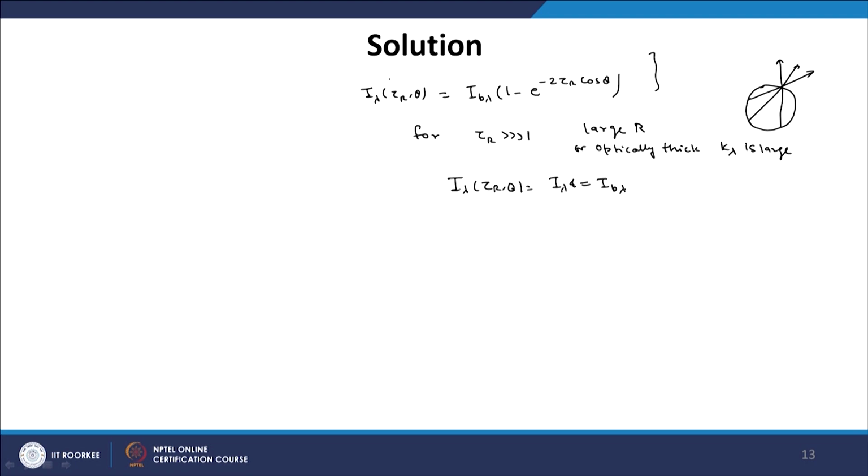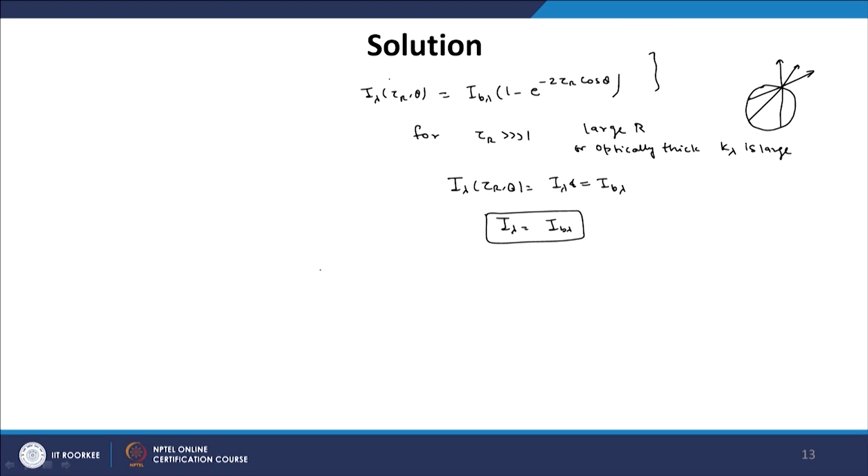So, for optically thick spheres or any medium, it applies to any medium. It could be a sphere, it could be a rectangle, it could be a cube. For any optically thick medium, the intensity does not depend on direction and it does not depend on the absorption coefficient. So, it is independent of kappa as well as theta, and the intensity is simply equal to the black body intensity, and that is what we have in the case of the sun. The sun is a very large sphere and the intensity coming out of the sun is black body intensity, and we have basically proved why the sun behaves like a black body.